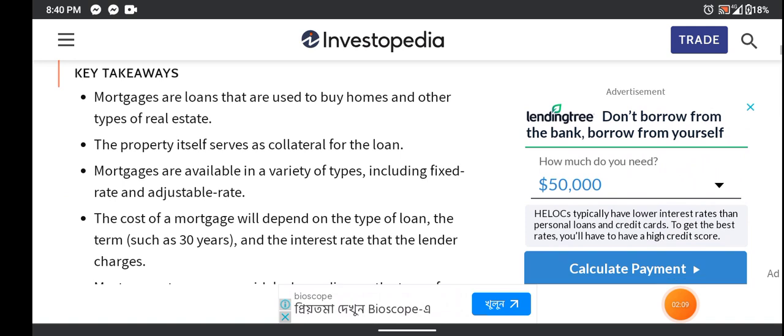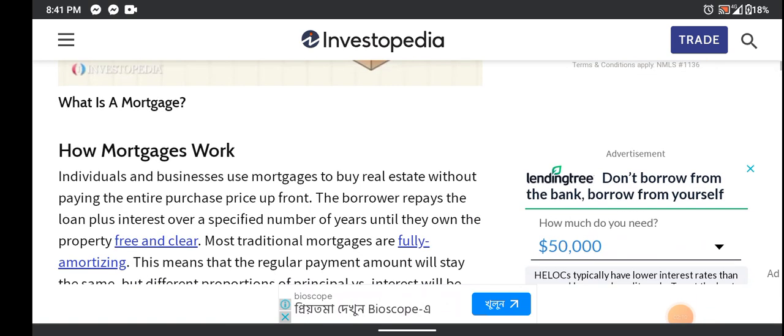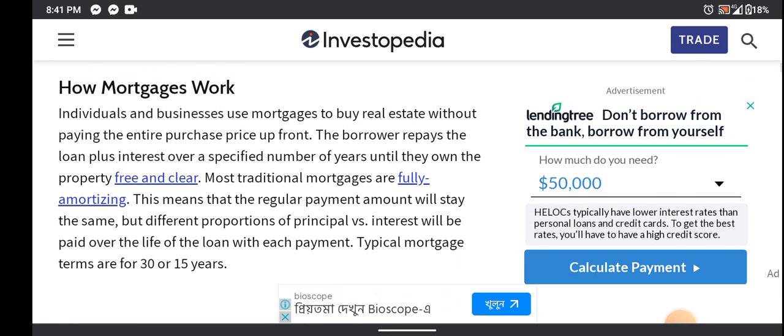How mortgages work. Individuals and businesses use mortgages to buy real estate without paying the entire purchase price up front. The borrower repays the loan plus interest over a specified number of years until they own the property free and clear. Most traditional mortgages are fully